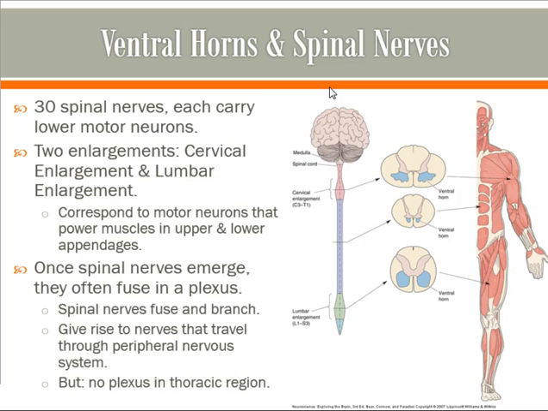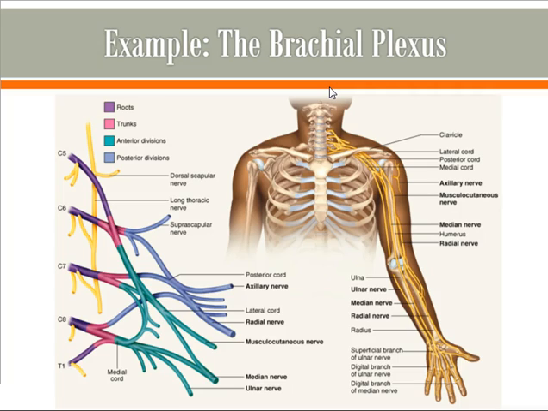Once spinal nerves emerge from the spinal cord, so the spinal nerves, remember, that's the mixed thing that actually passes through the intervertebral foramen, they will then fuse to form a plexus. Basically in plexuses, you have this fusing and then branching, and fusing and branching of nerves coming out of the spinal cord. So in this picture, this is showing the brachial plexus. So on a person, the brachial plexus is basically this set of spinal nerves. So the spinal nerve would be right where I'm trying to hold my cursor. That little tiny spot, that's where the spinal nerve is.